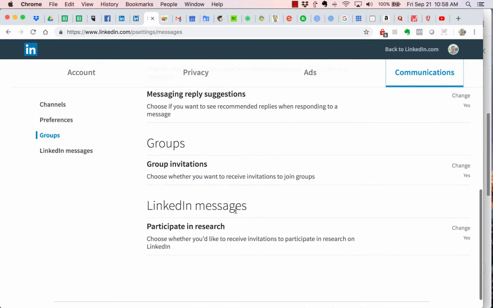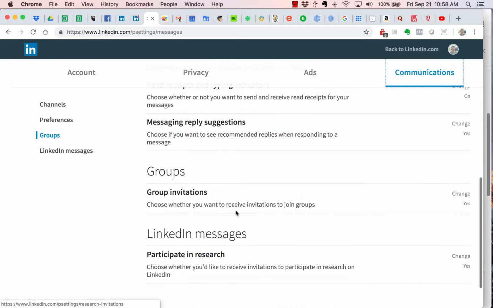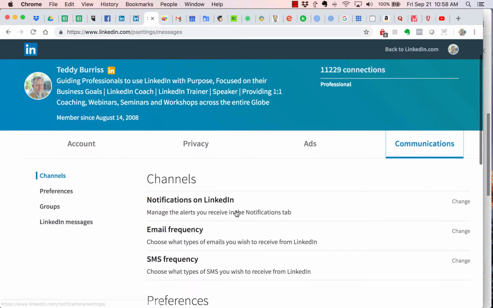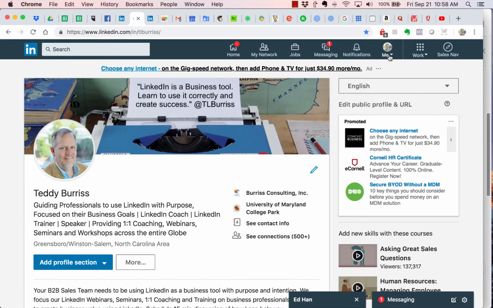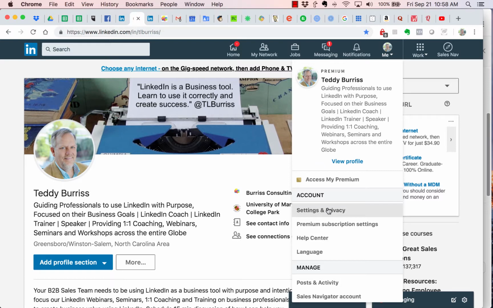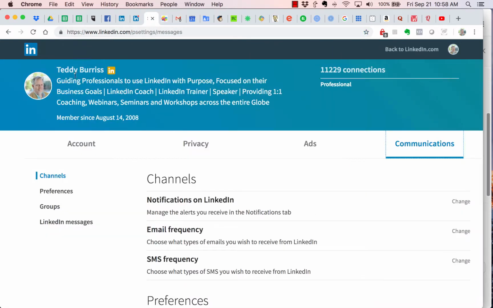Okay? Lots of different options that you can turn on and turn off under your settings and privacy, which is again accessed right here. Click on Me and Settings and Privacy, and it brings you here. I really encourage you to make deliberate decisions as to how you're going to manage your privacy and settings in